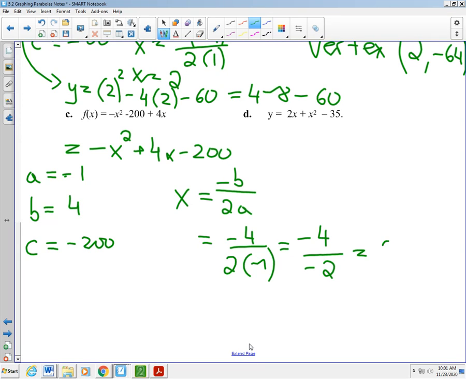Okay, I'm going to write this again. x is equal to positive 2. Now, how do you get the value of y? In other words, f of x. You substitute x, you substitute 2 back in the problem. So if I change the colors and maybe use red, f of 2 or f of x